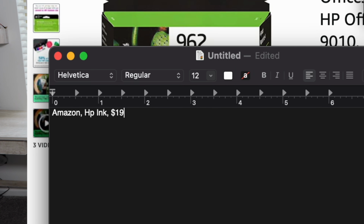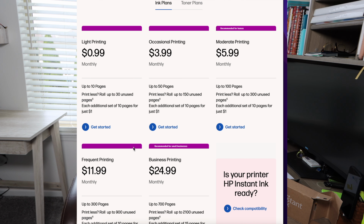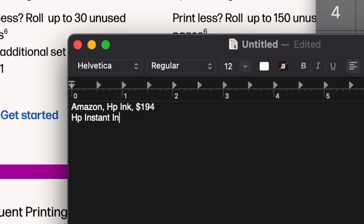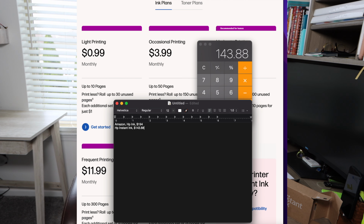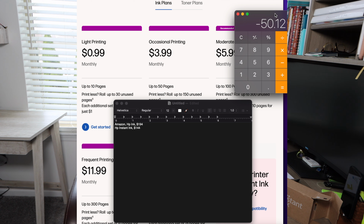All right, so now when we come over to HP's Instant Ink, your frequent printing, on an annual basis, I would spend $11.99 for those same 12 months. I would spend $143.88. So let's call it $144. So right there, you would save yourself $50 right there. If you started out with the HP Instant Ink and you just went with that option on an annual basis,